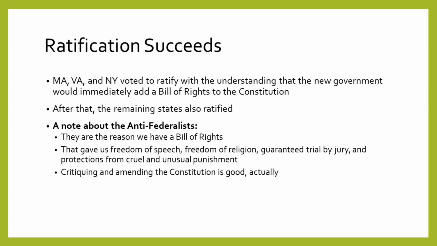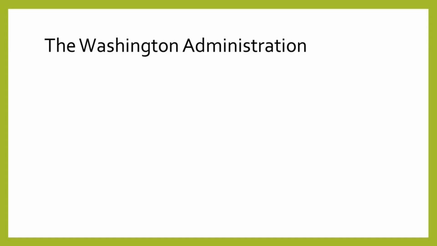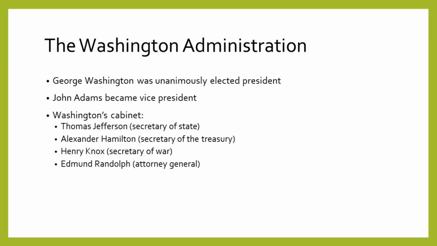With the Constitution ratified, the nation set about the task of actually choosing the first government officials. To the surprise of absolutely no one, George Washington was unanimously elected president, and John Adams became his VP. Rounding out the executive branch, Washington chose 4 men to serve as his cabinet, basically advisors and subordinates to implement certain policies for him. The 2 that matter for our purposes are Thomas Jefferson, the Secretary of State, and Alexander Hamilton, the Secretary of the Treasury.